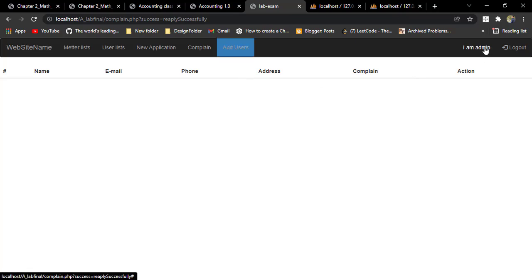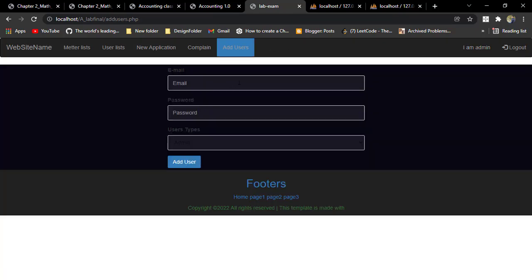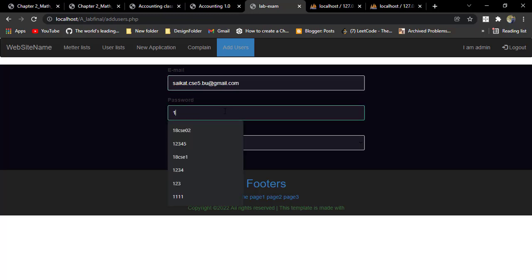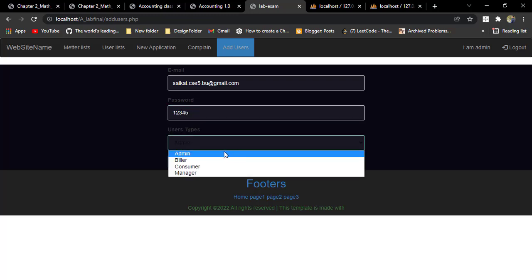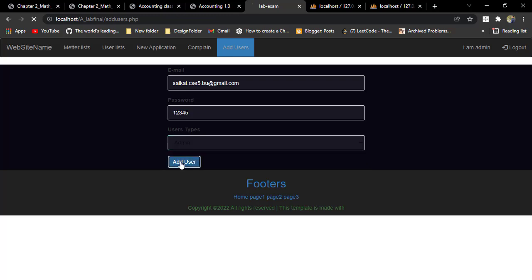Then the admin can add a new user, just the email name, shaikhat.cc5.view@gmail.com, password 1 2 3 4 5, and type, shown using the drop down menu, admin, and add user.